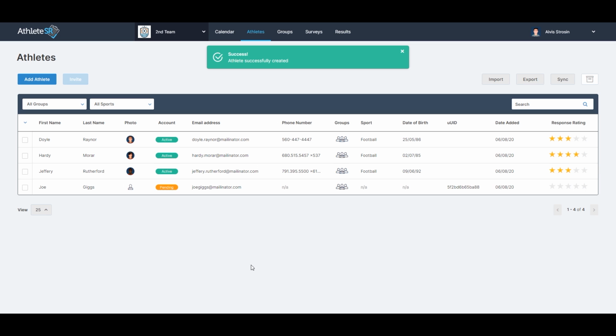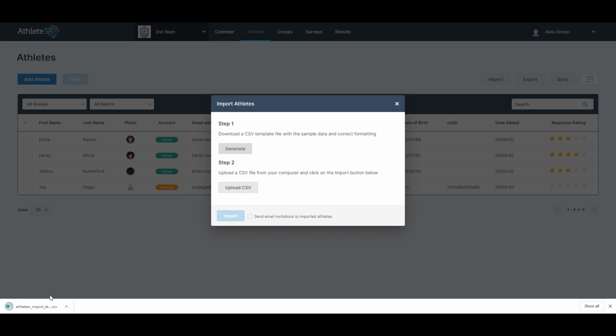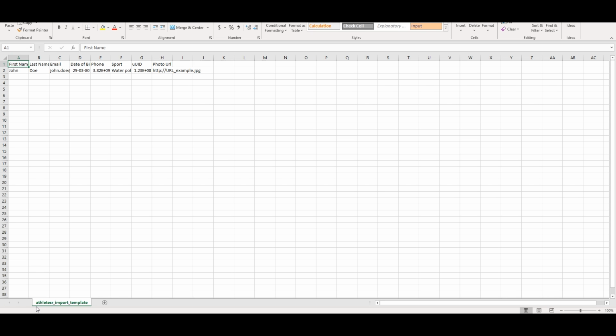Importing the athletes is much faster rather than adding them one by one. To generate the import template, click on the Generate button. This will download the CSV template file to your download folder. Open the file in your spreadsheet software. There are 8 columns in the import file, and just as when manually adding information, the mandatory fields are first